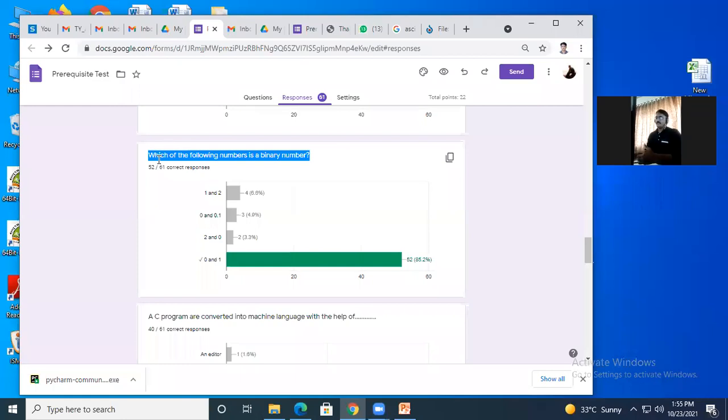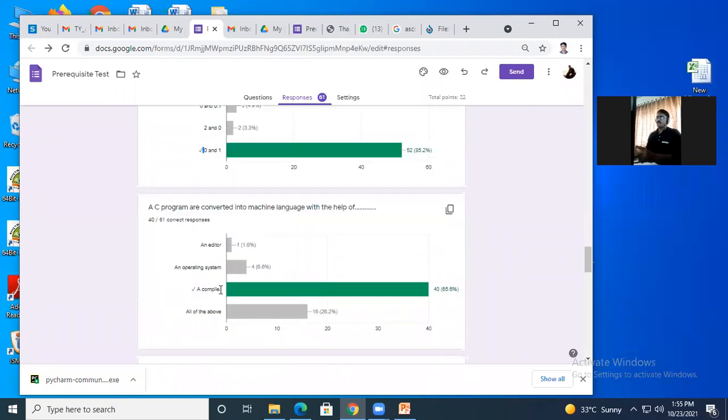When we communicate with the system, these lines or words are converted into combinations of zeros and ones. Who is converting this? The compiler. For every programming language, we have one compiler. And what is the task of that compiler? To convert user understandable code into machine understandable code. So for that we require a compiler.